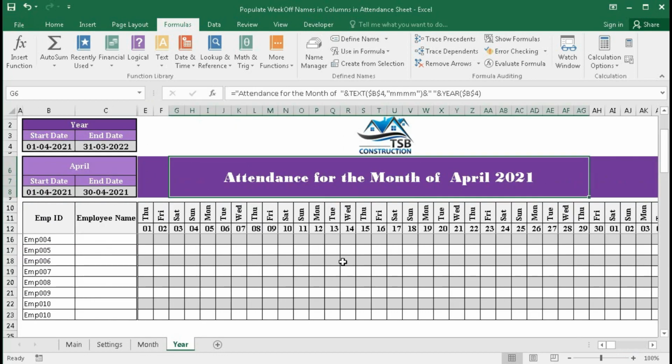We will populate month by month, because if we want to populate the whole year, it will take a little extra time. So we do not need this. Whenever we go to one month, then we will change it one by one.